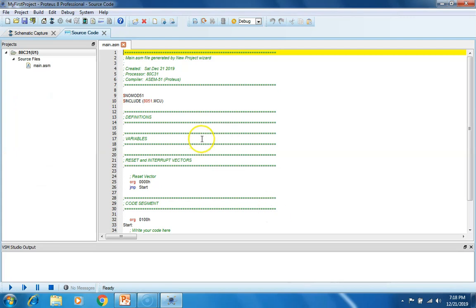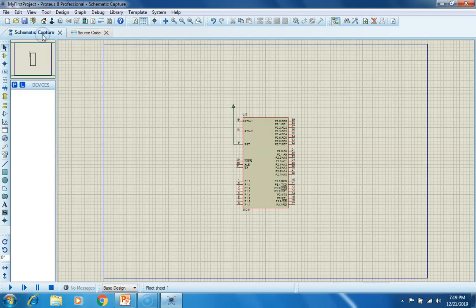Here users are supposed to write a program. However, we will not write a program here. In the last section, we already created a hex file by using Keil software. So we will upload that hex file into this microcontroller. In the schematic, the automatically selected microcontroller will appear here.